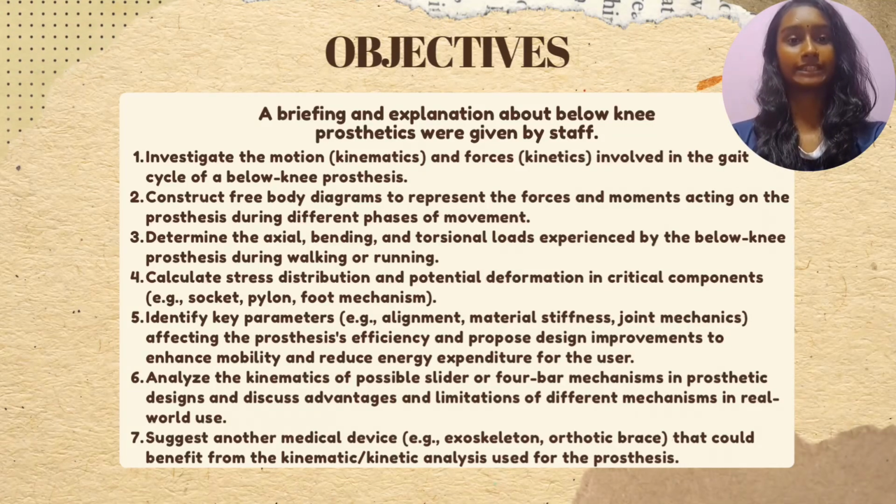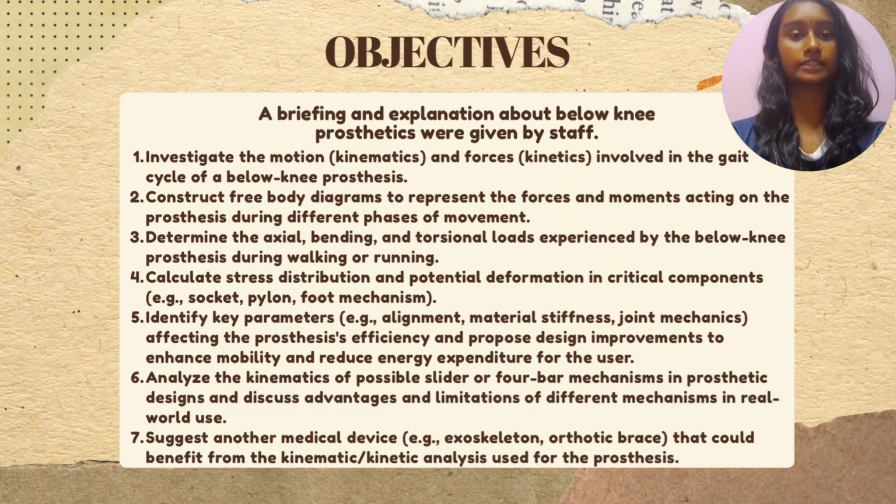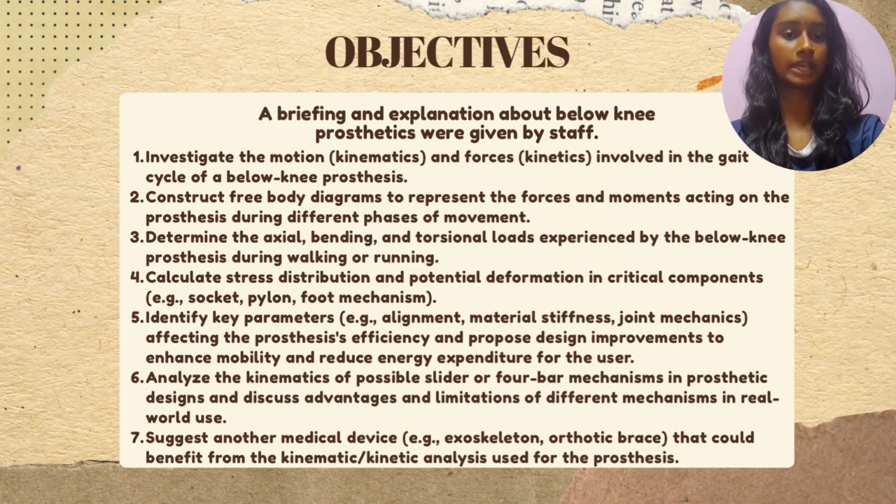The objective is to investigate the motion and forces involved in the gait cycle of a below-knee prosthesis, constructing free body diagrams to represent the forces and moments acting on the prosthesis during different phases of movement, determining the axial, bending, and torsional loads experienced by the below-knee prosthesis during walking or running, calculating stress distribution and potential deformation in critical components such as socket, pylon, and foot mechanisms, identifying key parameters, for example, alignment, material stiffness, joint mechanics, which affect the prosthesis efficiency, and proposing design improvements to enhance mobility and reduce energy expenditure for the user,